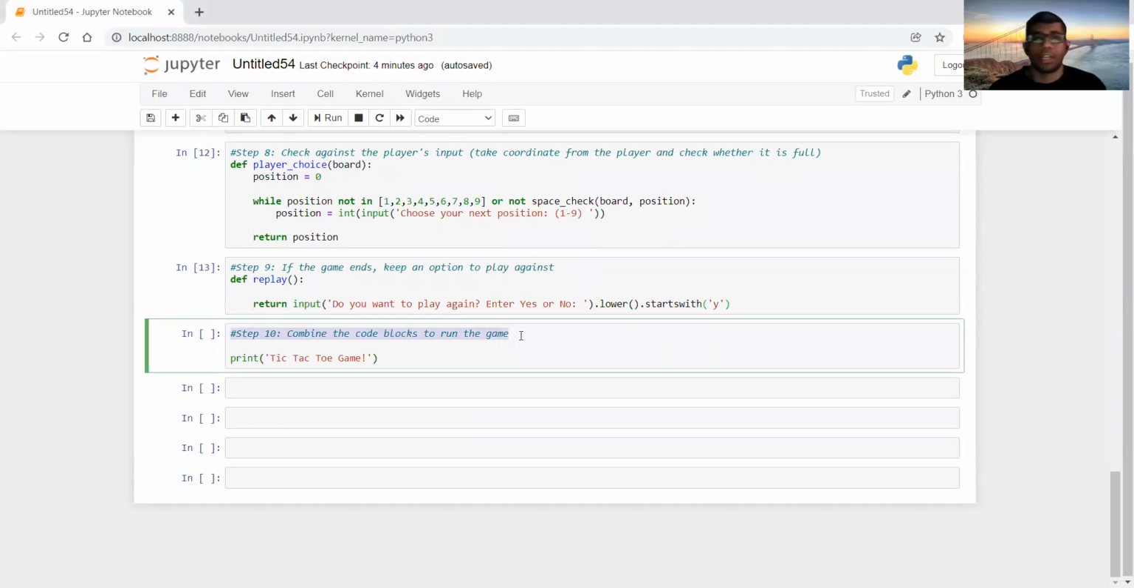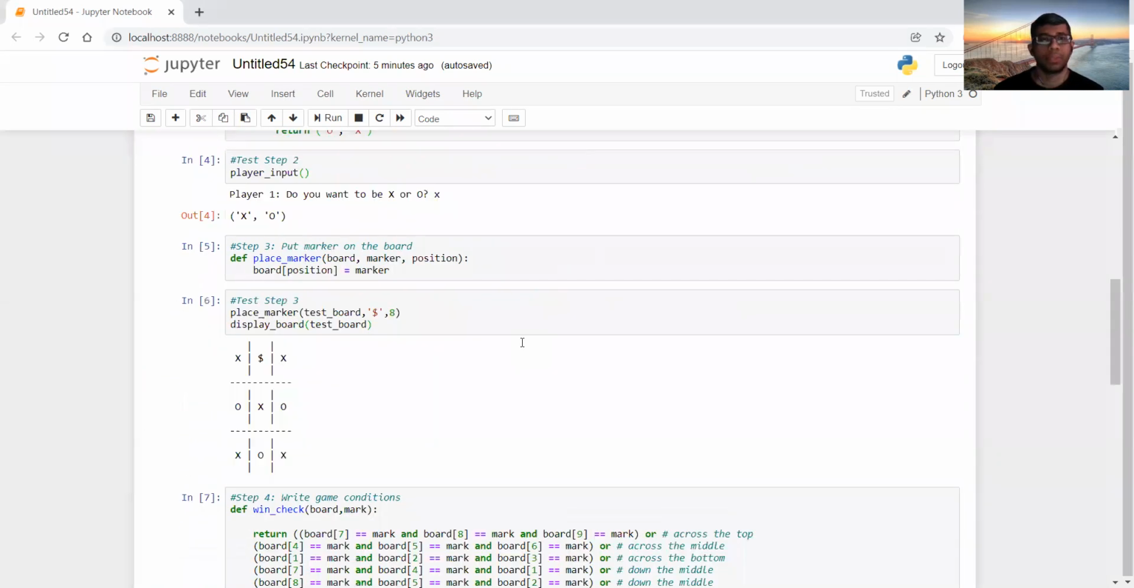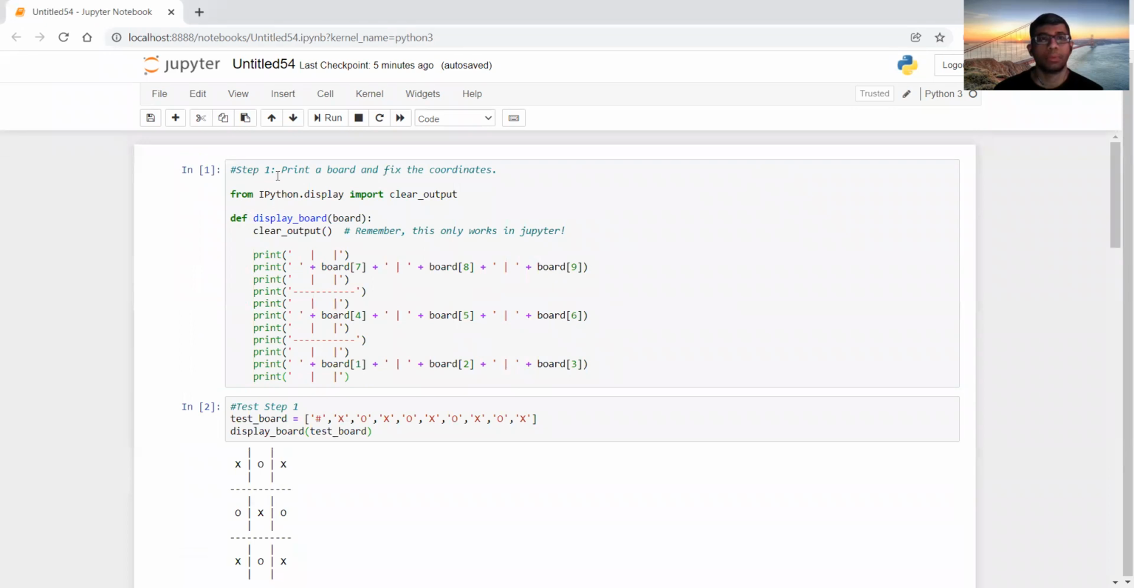So in the earlier 9 steps, we have actually fragmented the whole problem, the whole gaming project, into 9 small steps. And now in step 10, the final step, we have to combine the code blocks to actually run the game. So just as a quick flashback, in step 1, we have printed a board and fixed the coordinates